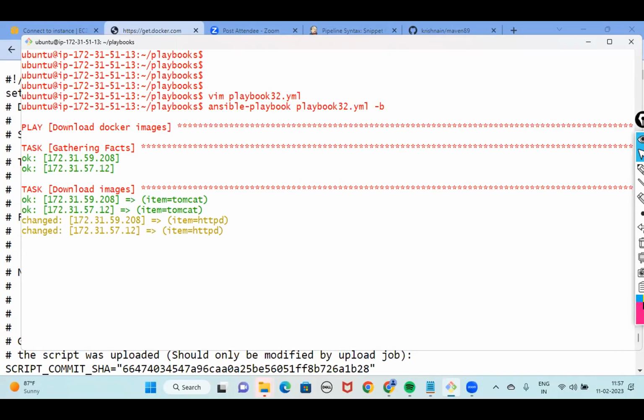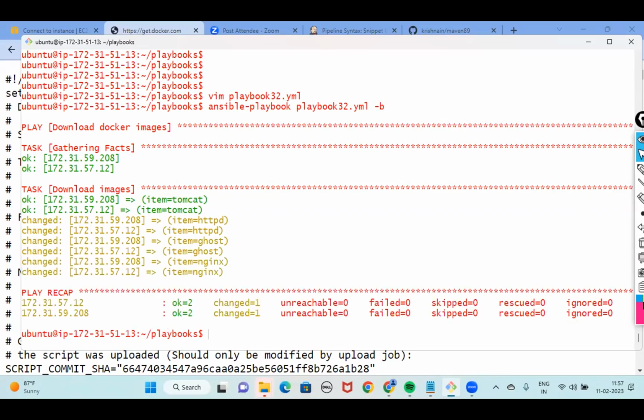Source could also be the path of the directory in case your image is a custom Docker image. Not a directory, rather Docker ID / whatever is your image name. Do you notice? It's done. If you run the same playbook one more time, all these images will show in green.